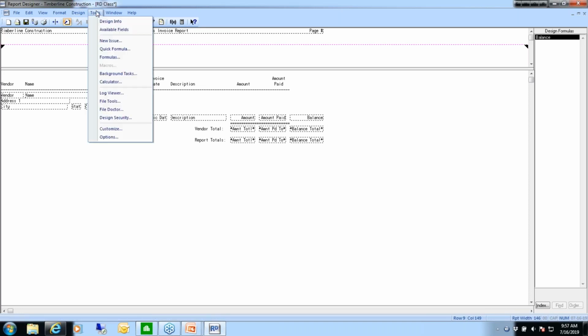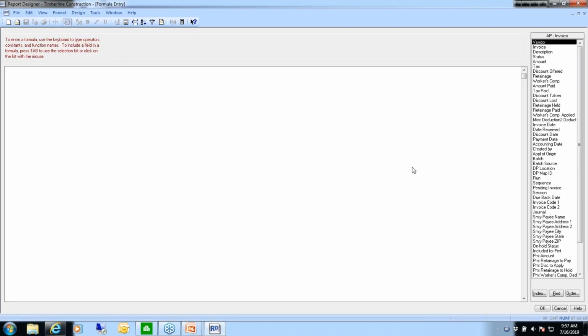Come up to Tools and select Quick Formula instead of Formulas. This gives you a window that looks just like the formula window that we selected. And so what I'm going to do here is I'm going to do retainage held. I'm going to just follow the example in our book here. Retainage held